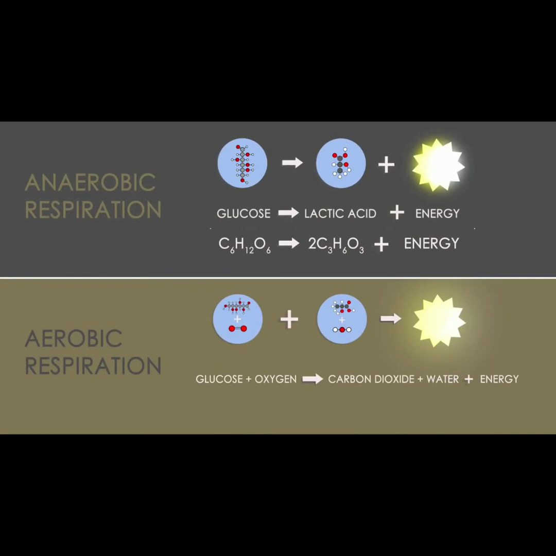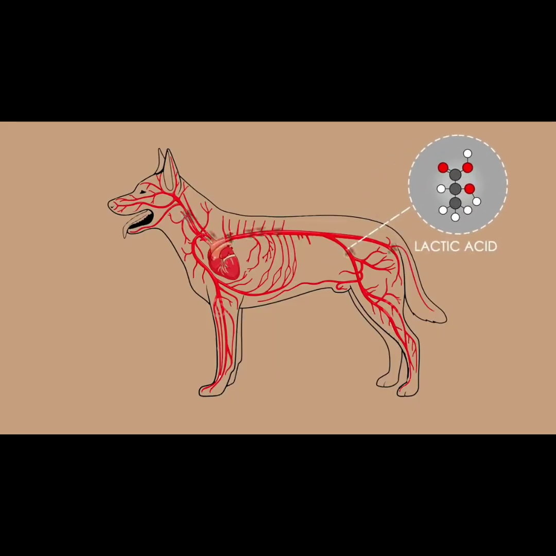There is no oxygen involved in anaerobic respiration. It is much less efficient than aerobic respiration, and much less energy is released. This is because the glucose is only partially broken down. Another problem is that lactic acid is produced. This is actually a poisonous chemical that, if it builds up in the body, makes the muscle stop working and you